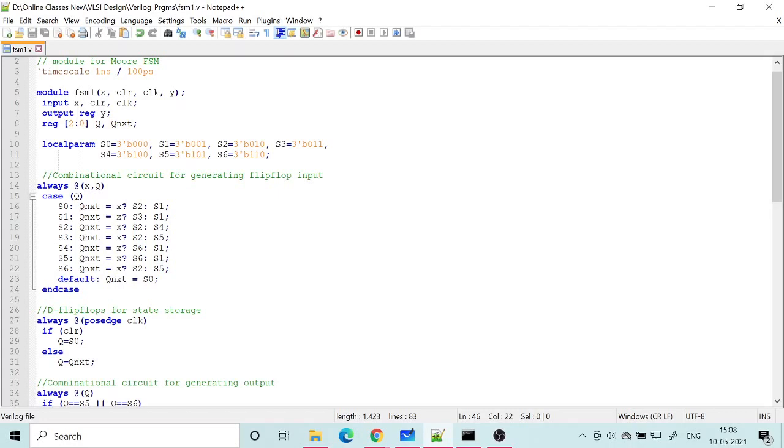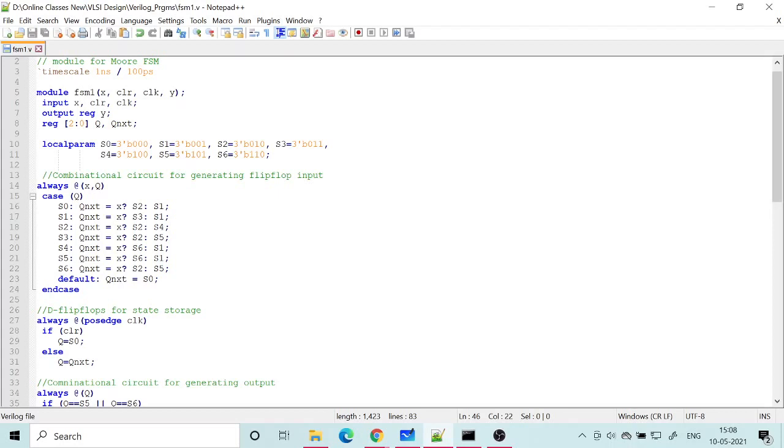You cannot change it when you call this particular block to make it a part of a larger architecture. So if you don't want the parameter to change, if it is only relevant for that particular module, then you define it as a local parameter. So they are like constants.